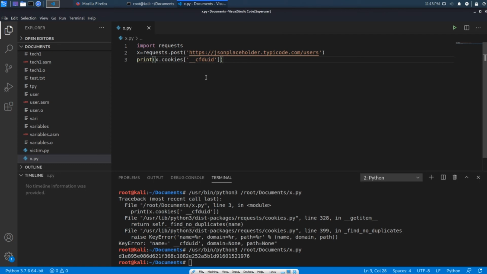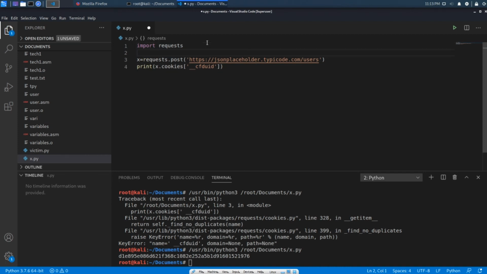So, if you want to pass any cookies in a static way, or as your user wishes, then you can use this. Let me take cookies equal to, as we need to assign a key, I am going to typecast that content to a dictionary.